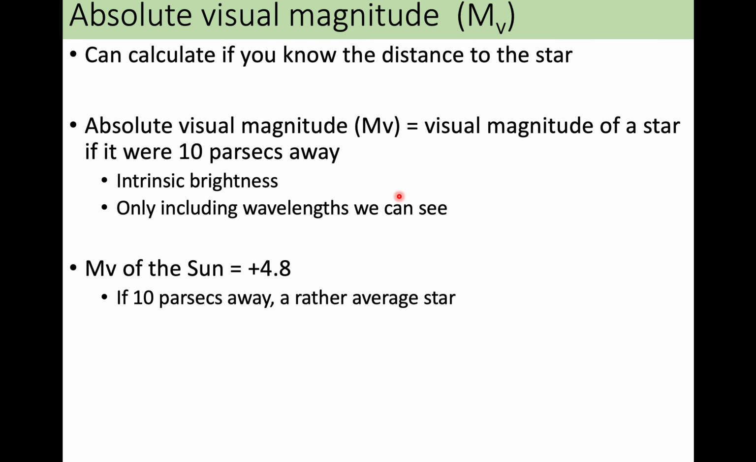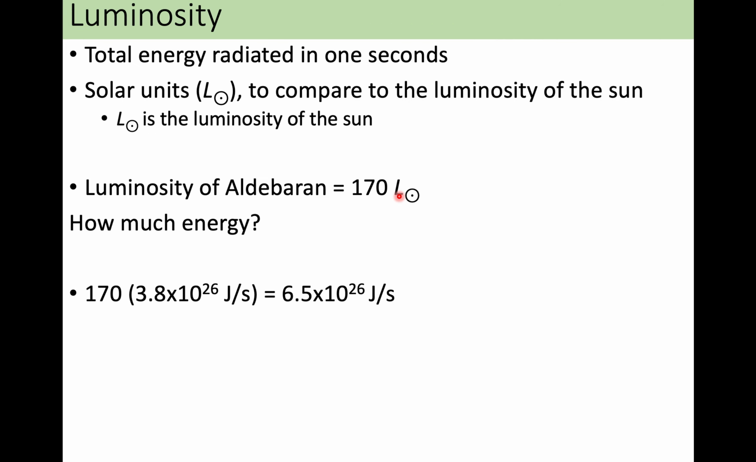So we assume or pretend or calculate as if all stars were 10 parsecs away, so we can actually compare them to each other. Which one really is brighter? Which one is outputting the most energy? So that would be called the absolute visual magnitude. So what we can do,